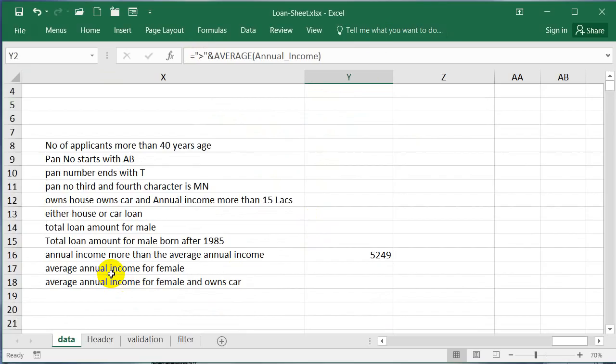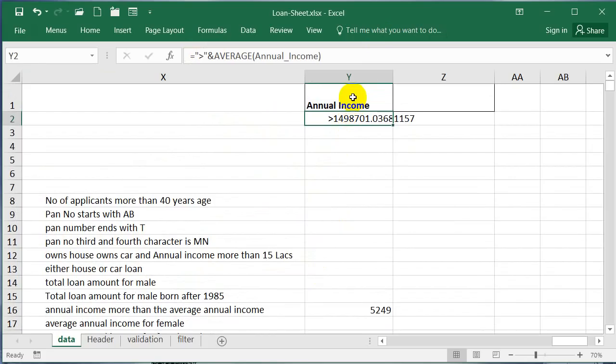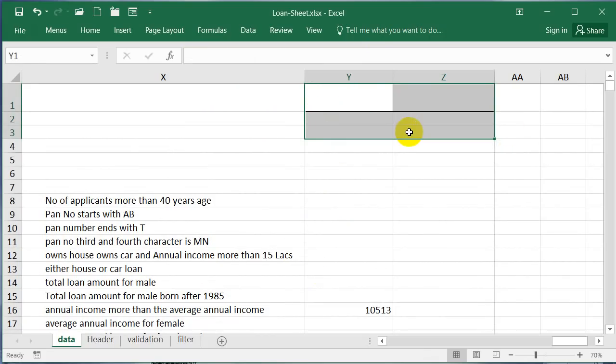Average annual income for female, we will use the average, and let me change this criteria. The moment you change the criteria, things will change here.